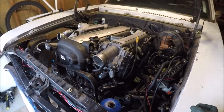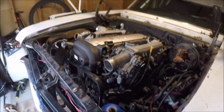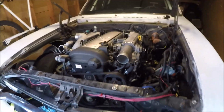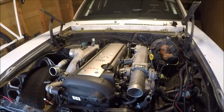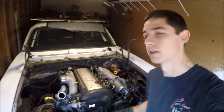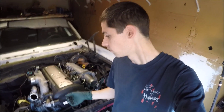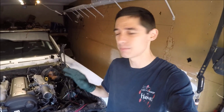But I am interested in the condition of things under the valve covers, inside the oil pan, that sort of thing. I already spun the engine. It spins free, and the engines are supposed to be compression tested and basically known to be good running engines before JDM Westside even brings them into the US. So it looks pretty good, but I'm looking forward to getting into it and just refreshing it all, making sure it's all 100% clean slate, and then not have any issues down the line